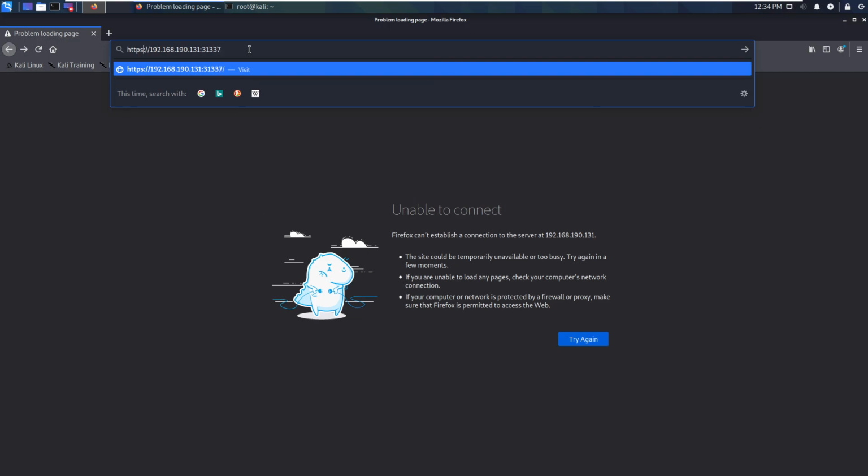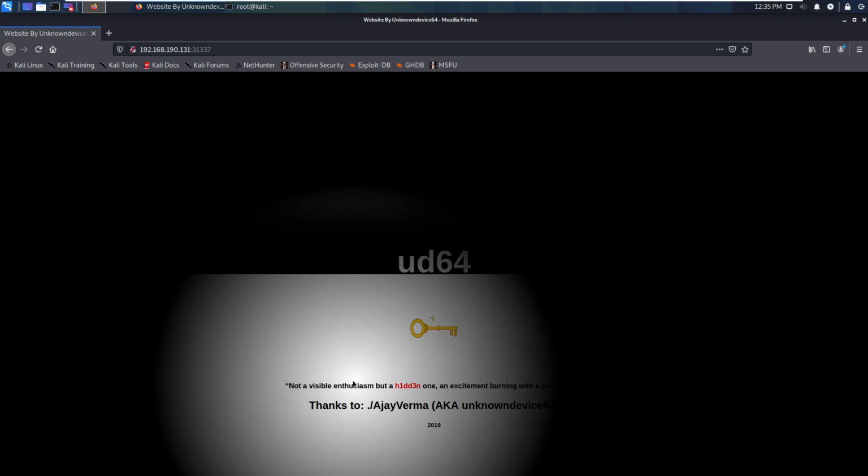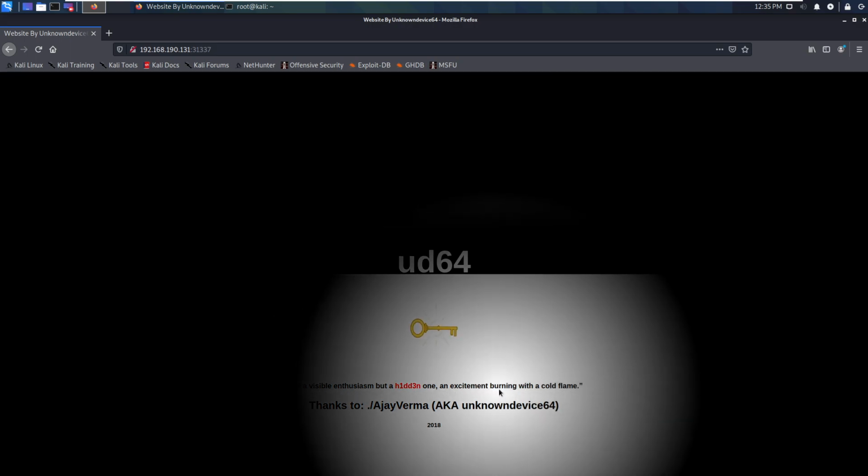And it's not HTTPS, right? It's HTTP. So press enter. Okay, so this is an image right now running on port number 80. So it's a website, not visible as is, but a hidden one, as excitement burning with a cold